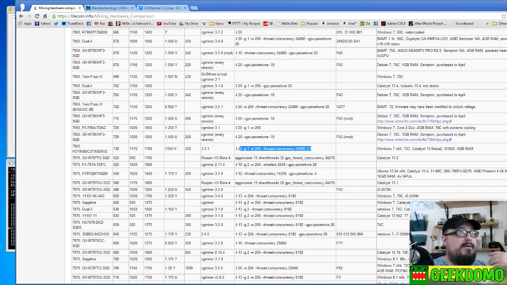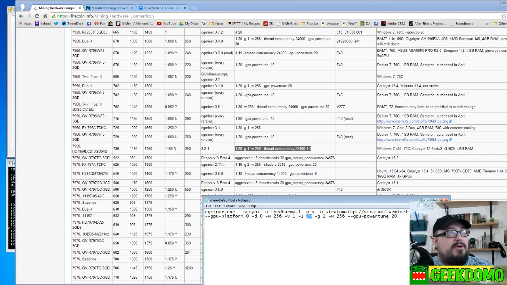Okay, like this guy here. We'll just drag that one in there as an example. Just because this guy got it to work at 22,400 doesn't mean yours is going to work. So we're going to go back in here where it says I-20 and paste that. And you might not get that to work, so you have to look for the next number down. So maybe you have to do yours at